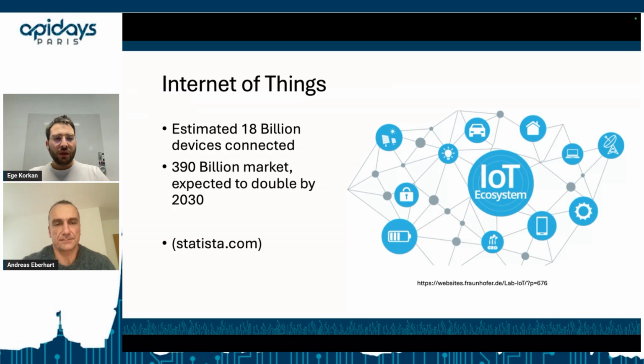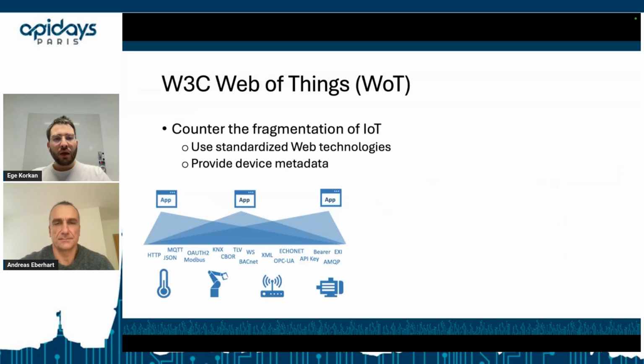That's why we have thought to change these things a little bit. And that's where the Web of Things comes into play. Web of Things is here to counter this fragmentation of IoT. It's a standardization activity by the W3C, the World Wide Web Consortium, where all the web standards are happening. And it's actually just about providing device metadata. So if you are looking at all these protocols of different devices and different ecosystems, we can just apply the thing descriptions